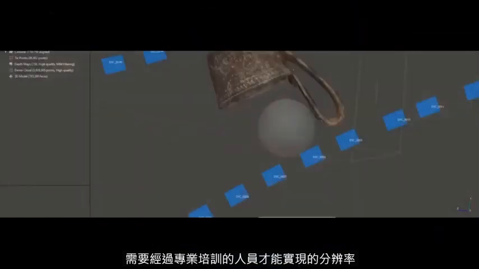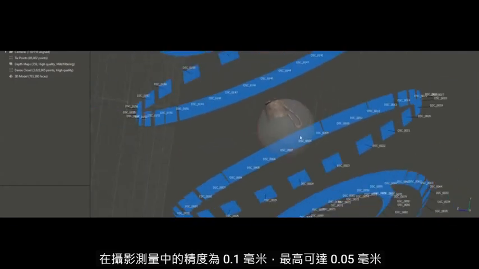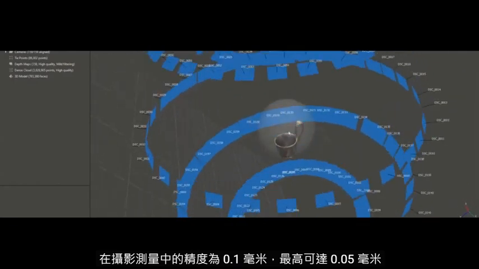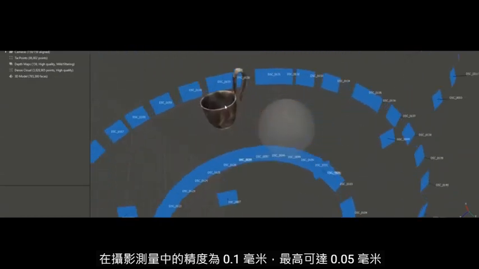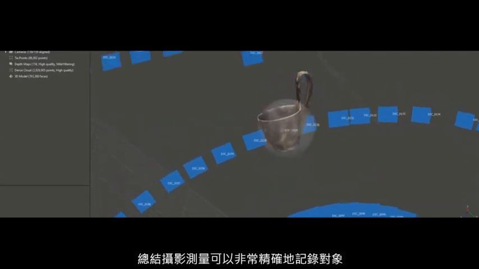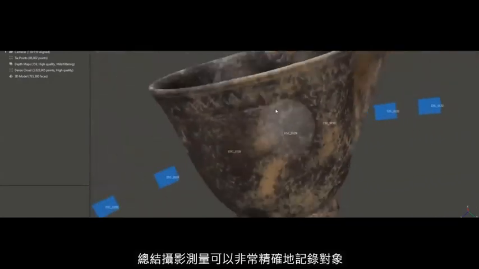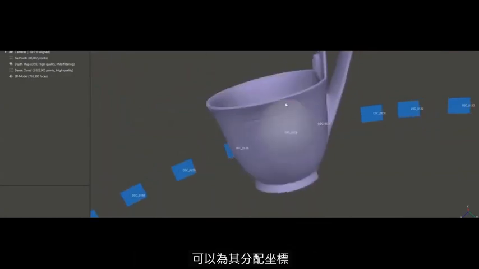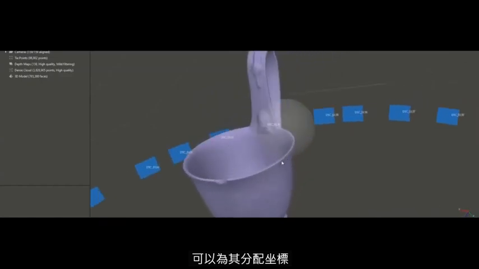The resolution possible to achieve in photogrammetry is 0.1 mm, accuracy up to 0.05 mm, and depends on the used camera and its settings. To sum up, photogrammetry enables very precise documentation of an object, but only in those chosen characteristic points for which coordinates are possible to assign.